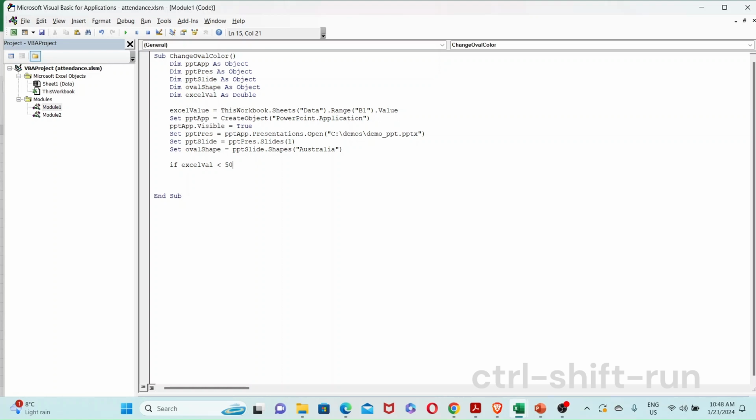Okay, so less than 50, then what we want to do is oval shape dot fill dot forecolor dot RGB, and then we'll just use the RGB option, and set it to RGB 255, 0, 0. So this is red,